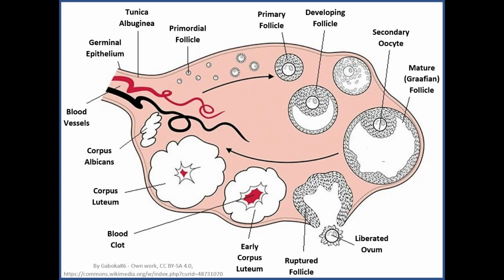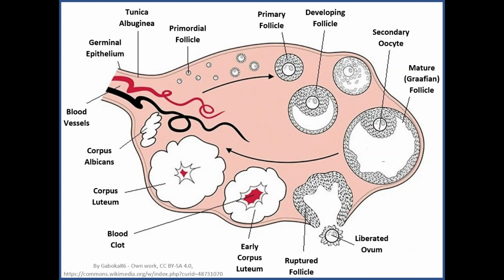At this stage, they start to undergo meiosis. Immediately after the baby is born, these cells undergo meiosis, but the process is inhibited because the ovary of the baby is still inactive at this stage due to the absence of hormones. So until puberty, which starts between age 12 and 15 in females,